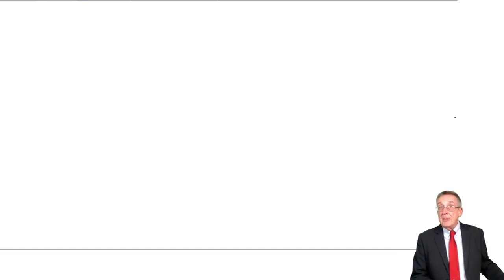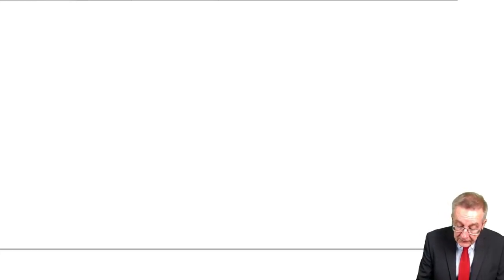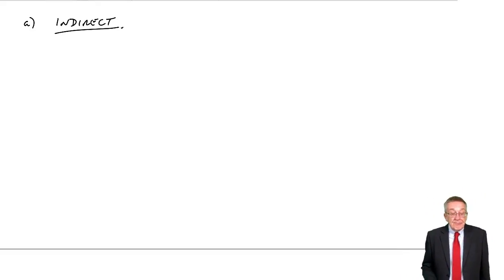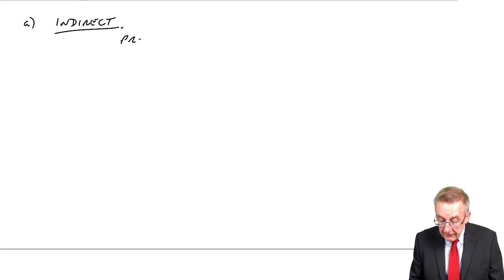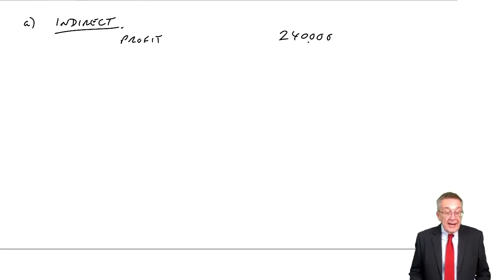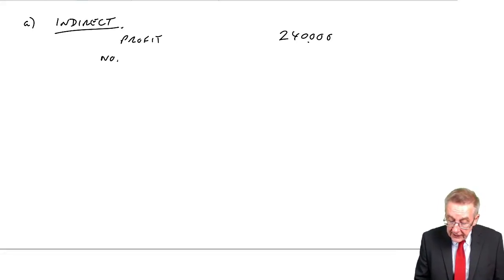The indirect method, which you should already be happy with from the last lecture, but then I'll do it again using the direct method. So first of all, the indirect method. And what do we do with the indirect method? We take the profit before tax, and we make those two sets of adjustments. We adjust for the non-cash items,